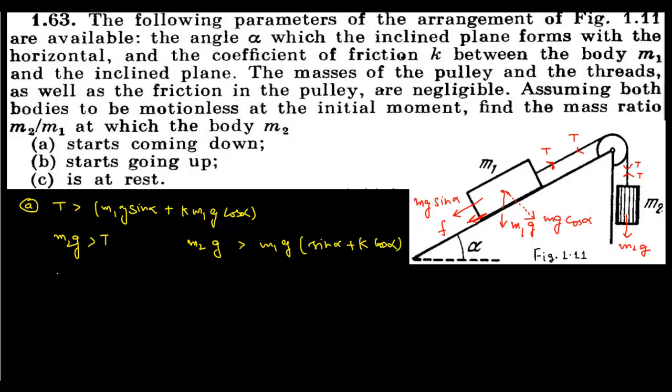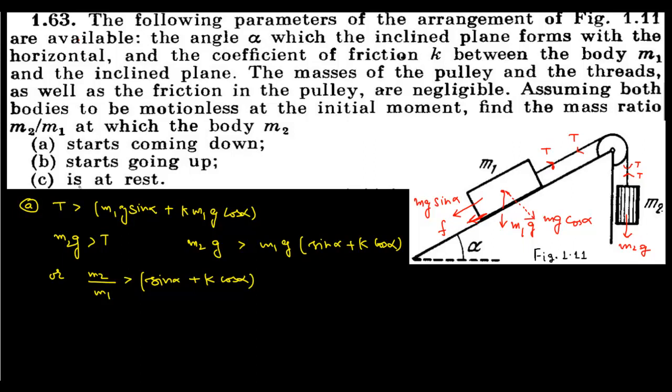Or from here we can write that M2 by M1 must be greater than sine alpha plus K cos alpha. Clear? So if this ratio M2 by M1 is greater than this value, only then